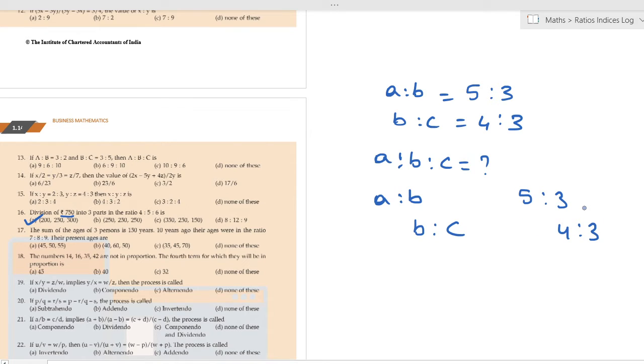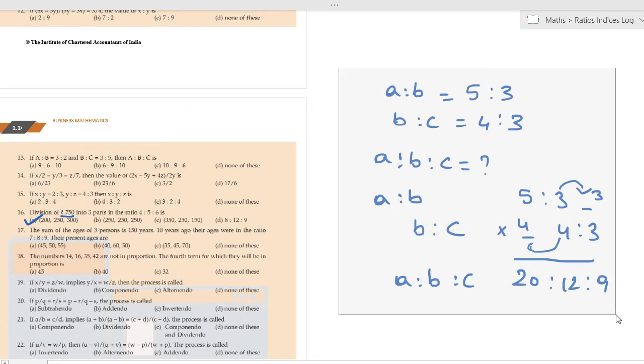Okay, so here we have an empty place, right? Take this B here, and here also we have an empty place. Take this B here, it will be 3, it will be 4. Simply multiply both of them. This will be 20 is to 12 is to 9. So A is to B is to C will be 20 is to 12 is to 9. 5 into 4 is 20, 3 into 4 is 12, 3 into 3 is 9. So this is how we determine A is to B is to C for sums.